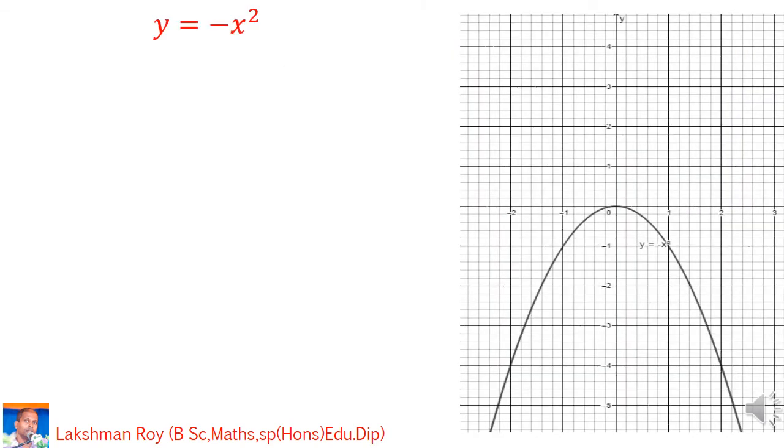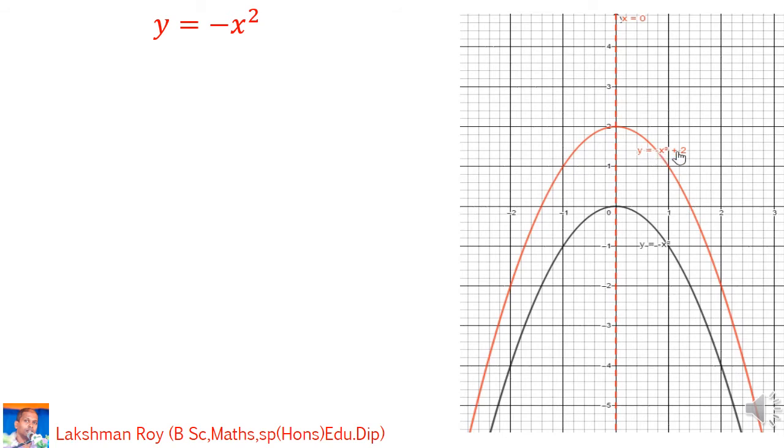Now you can see here this is the graph of y equals negative x squared. This is the graph I have drawn. This is a parabola with a maximum. Then this straight dotted line shows the equation of the axis of symmetry, that is x equals 0. Now I moved this black colored graph